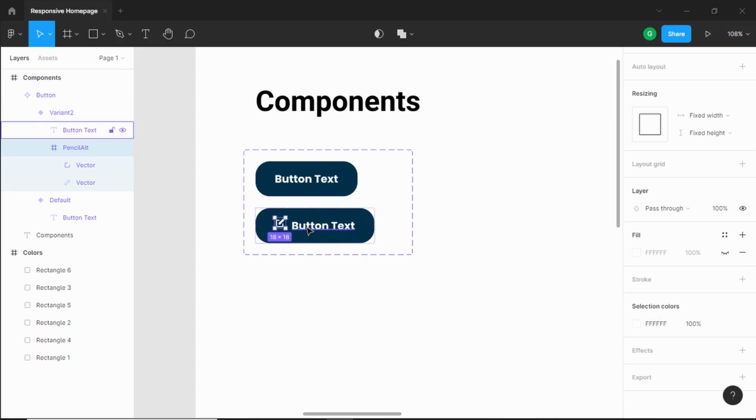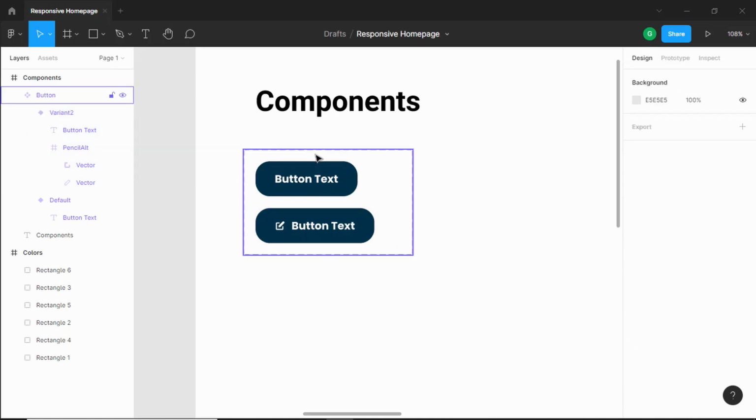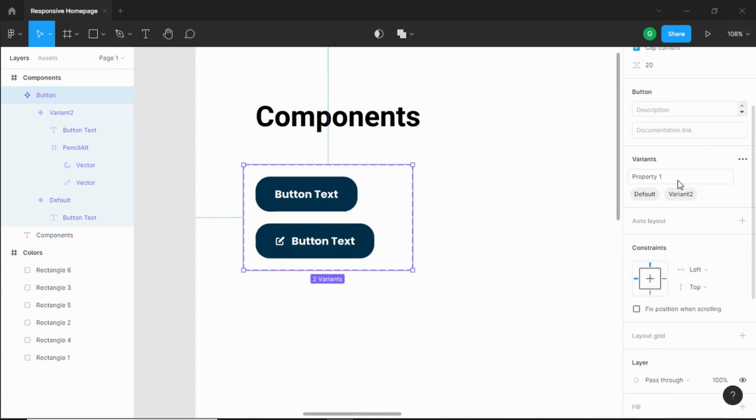And now we can see that the button and the text are not in the center. So let's select this variant, and let's go over here to this button, alignment and padding, and let's set it to the center. And now we can see everything is in the center. The next thing we will do is select this component, and go over here to variants, and here on the right we can see under variants we have this property 1. So I'll just change this property 1 to icon,